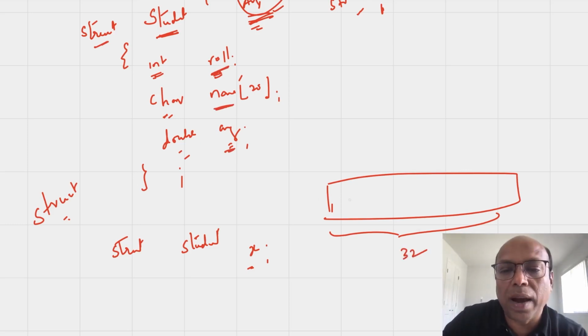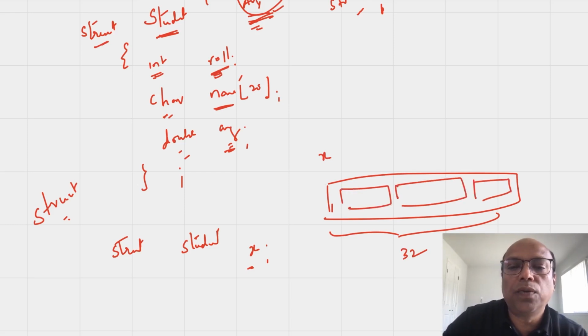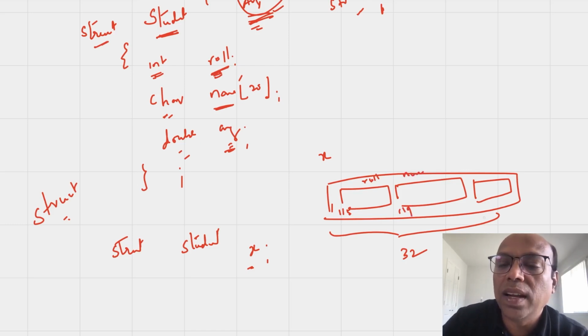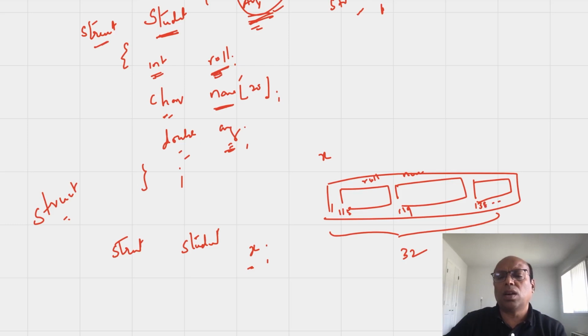In these 32 bytes, x is the name, and three blocks are created. Let's say the first 4 bytes start at address 115. The first 4 bytes are allotted for roll. The next 20 bytes are allotted for name, and the next 8 bytes, from 138 onwards, are allotted for